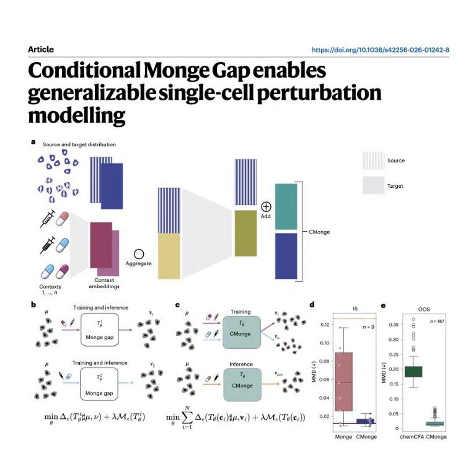So mechanically, how is it processing that inside the neural network? It's not just basic addition, right? Like cell plus context equals prediction. No, it's operating in a highly complex, multidimensional space. CMonge uses that context vector to predict a specific shift vector. Shift vector. Right. Imagine the healthy cell's state as a point on a massive multidimensional grid. The AI calculates the exact trajectory and distance that point needs to move based on the drug's context, and then shifts the probability mass accordingly to simulate the perturbed state.